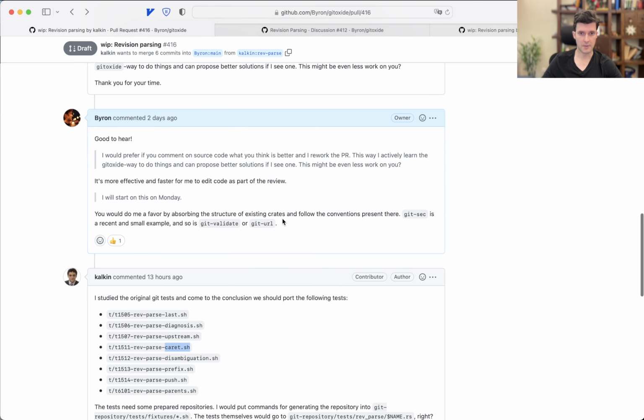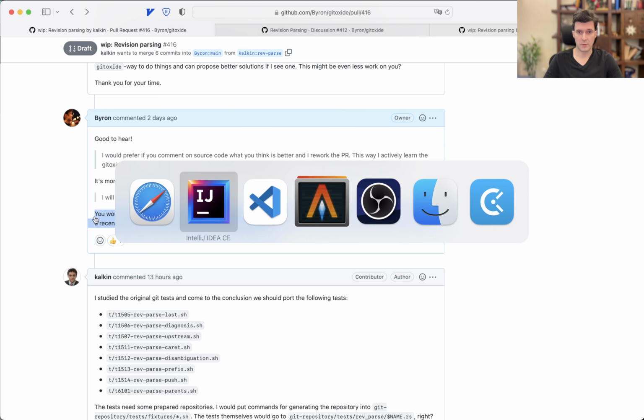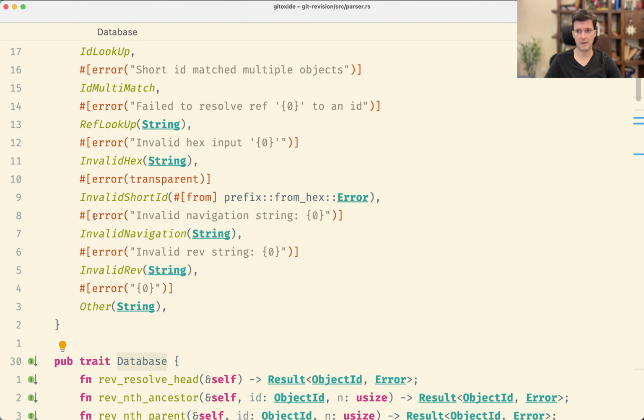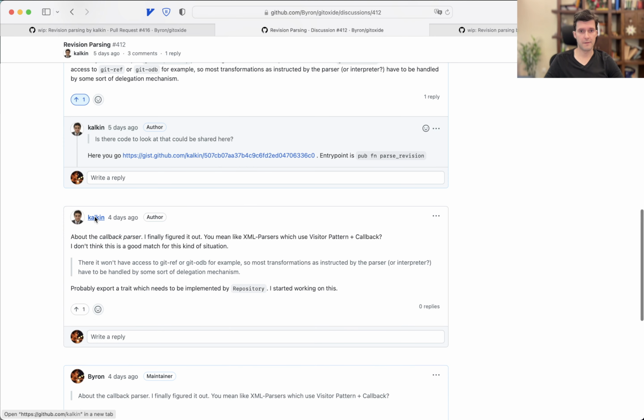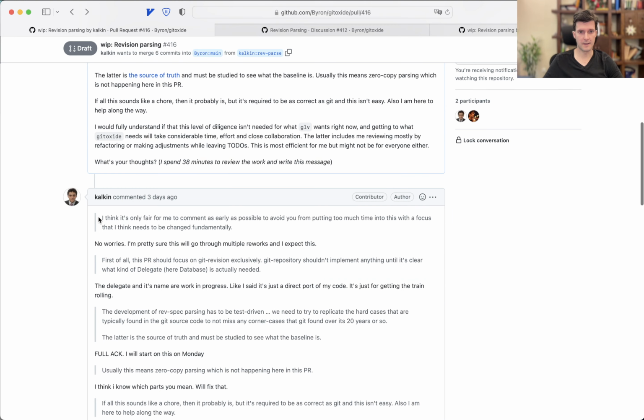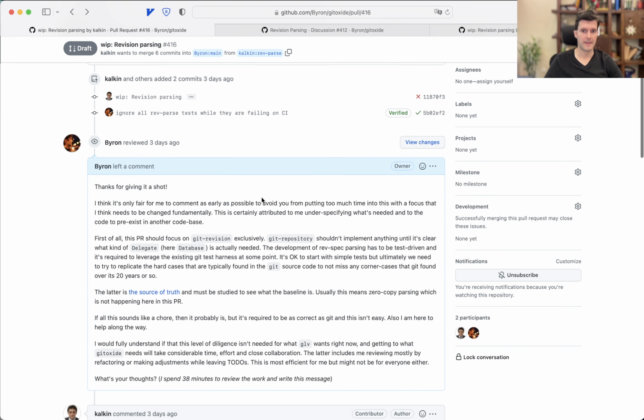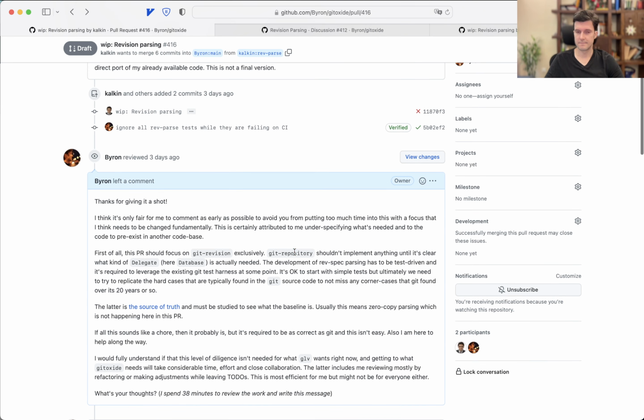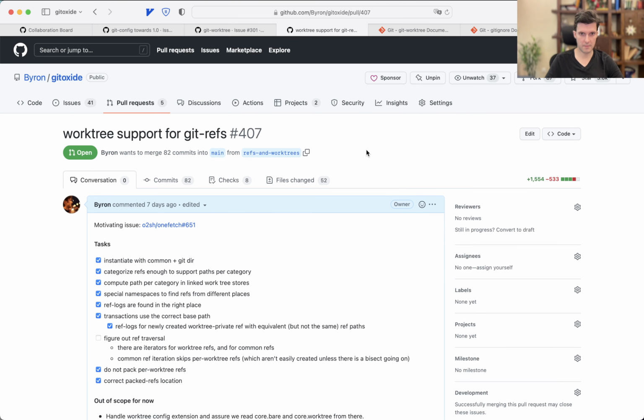It seemed like it's possible to get this to work, but I also think a lot of corrective measures will be needed to push this into the shape that I think it should fit in. And this is what we do now in this PR. So first of all, I mentioned it here somewhere. Git repository should not be altered at all. However, right now